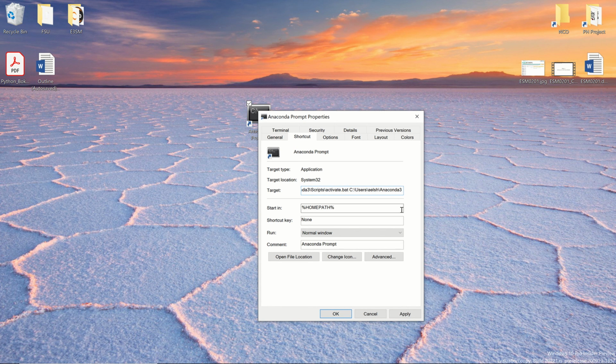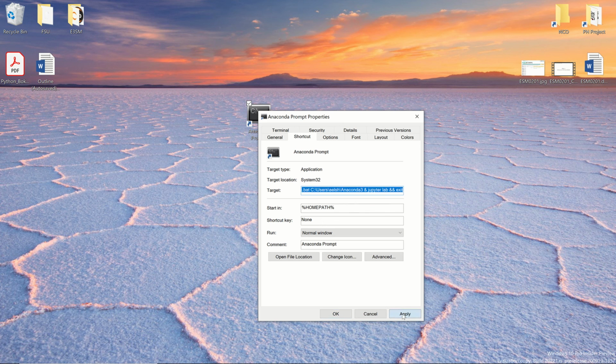Here, this target will basically launch your Anaconda prompt. And when you launch your Anaconda prompt, what you want to do again is launch Jupyter. So here you write Jupyter. If you want to create a shortcut for Jupyter Notebook, you write Jupyter Notebook, but here you want to create the shortcut for Jupyter Lab, so you write Jupyter Lab, and then you exit.